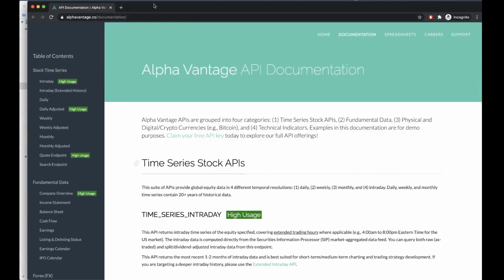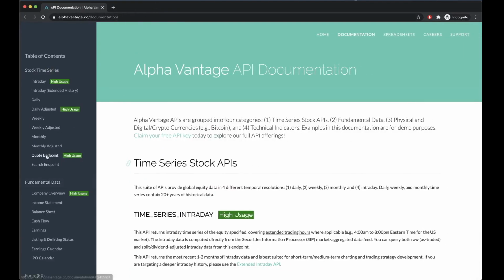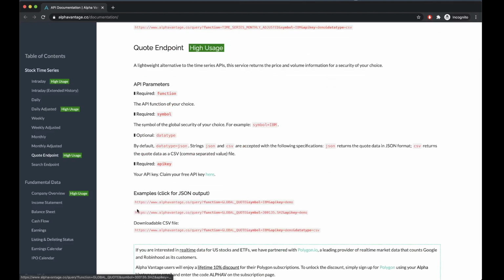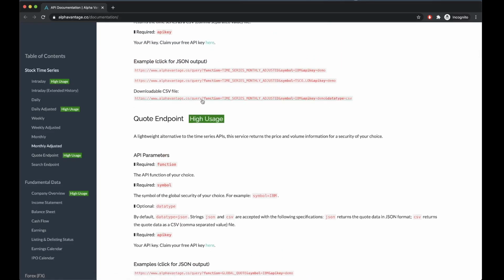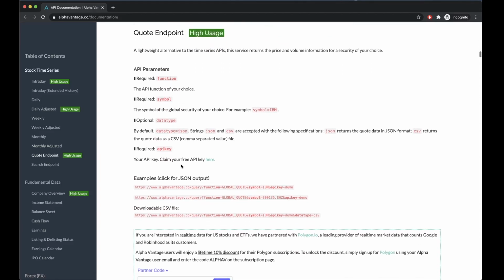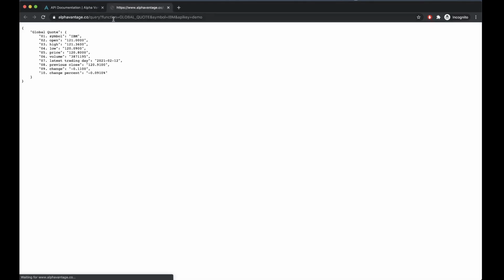So if you go on the documentation once again and go to the quotes endpoint, if you notice this section right here is common for all the other queries up until query, right? And then you have this thing called function. This function represents some endpoint, the action that we want to take or type of data that we want to get.